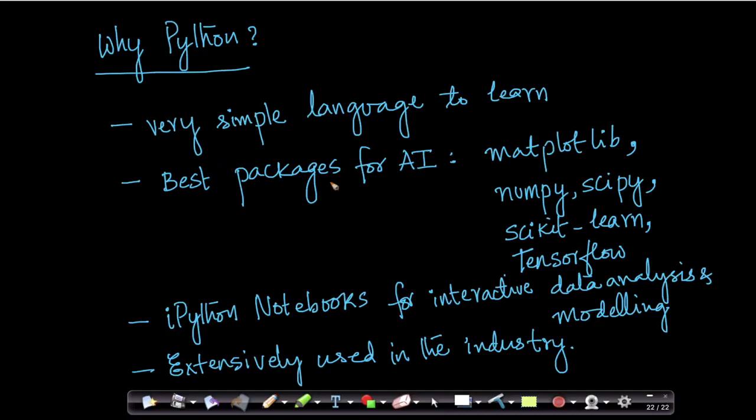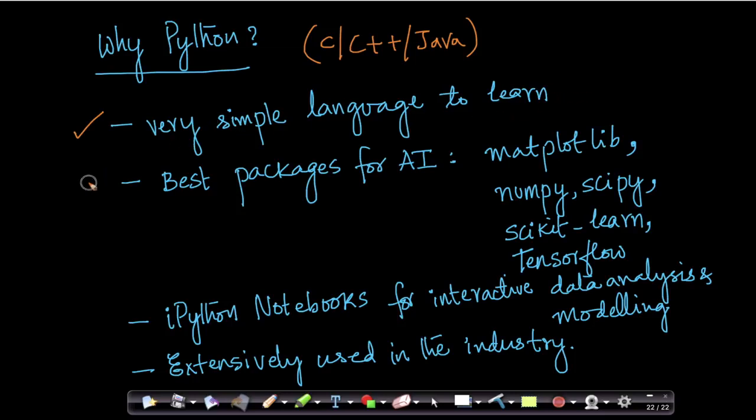So you might wonder why we are doing all of this course programming in Python and not in C or C++ or Java, some of the more popular languages that a lot of students and working professionals may be already aware of. There are multiple reasons for it. The first one being that Python is a very, very simple language to learn and pick up. And by the way, if you know C, C++, or Java, Python should be a cakewalk to pick up. We have multiple videos explaining the basics of Python.